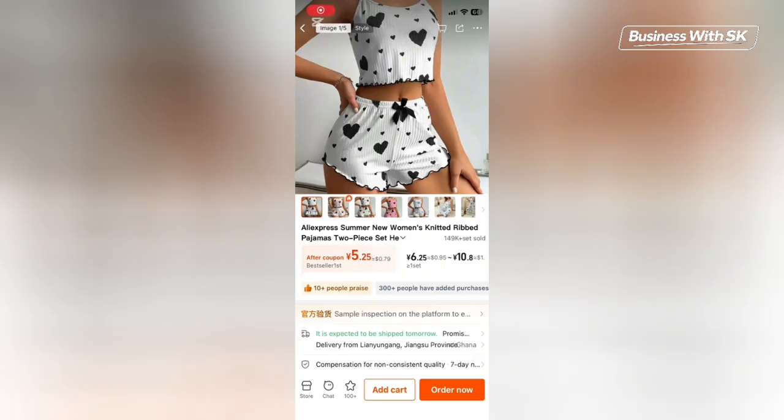So this is how you can order from the 168 app and also how to add your